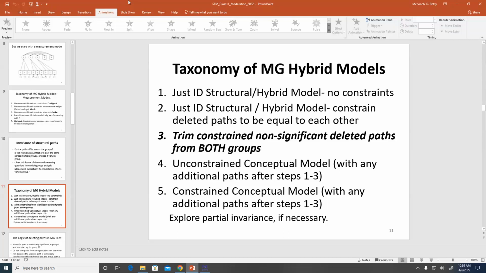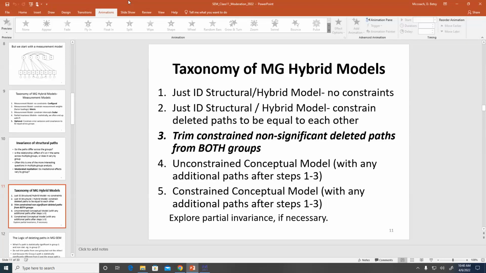And what's most salient and most important there is that the path is different across the 2 groups. And you're right, if the path is different across the 2 groups, it could be the case that it's statistically significant in one group but not statistically significant in another group. But that's actually a compelling reason to keep it, right? Because that's interesting. Again, the most interesting part of that isn't that it's significant in one group but not in the other. In some sense, the more salient thing is that the path is different across the 2 groups, right? So that's what we're looking at. We're looking at whether the path is different across the 2 groups. If yes, keep it. If no, is it different from 0?